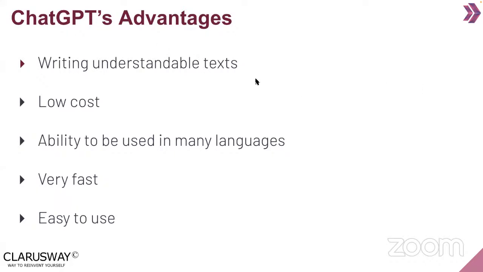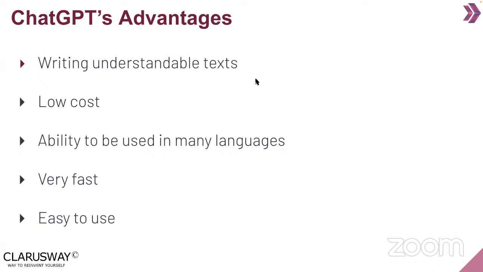So let's list the pros of ChatGPT. It writes very understandable, human-readable text. It's nearly free, but if you want to go a little further, you pay nearly $20 for GPT-4, a very advanced application with which you can sometimes compose music, write a long essay, or even draw a picture.